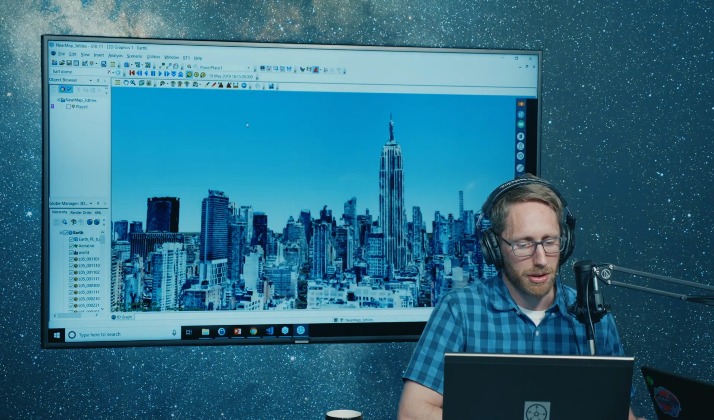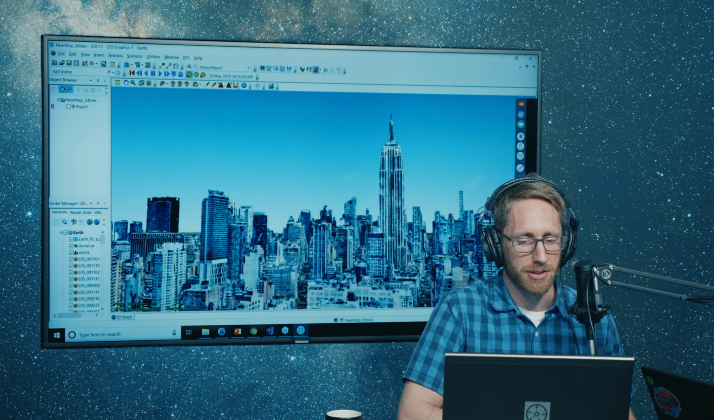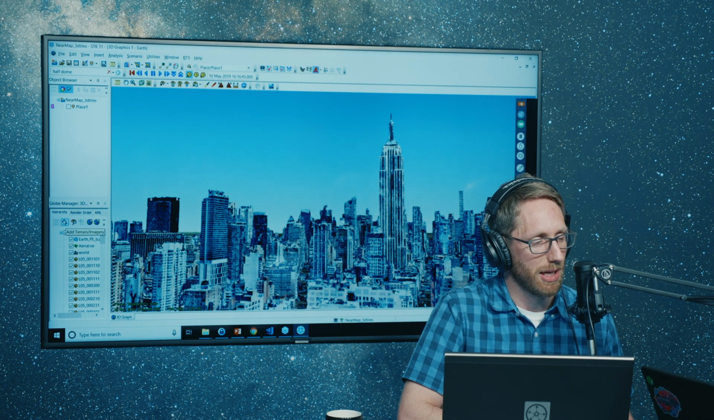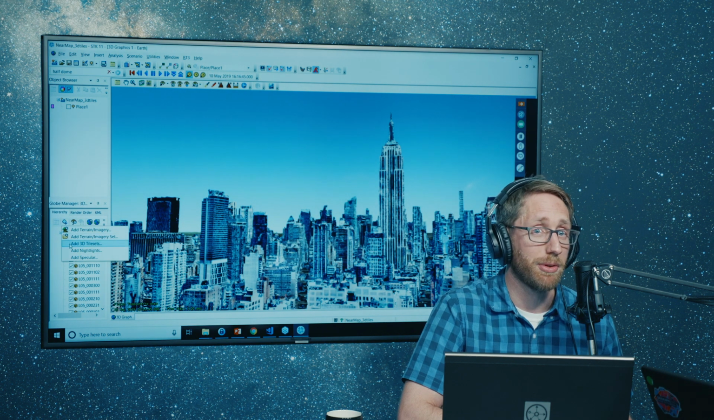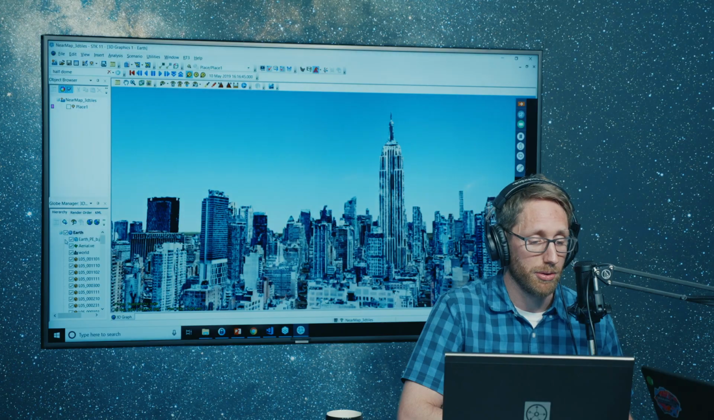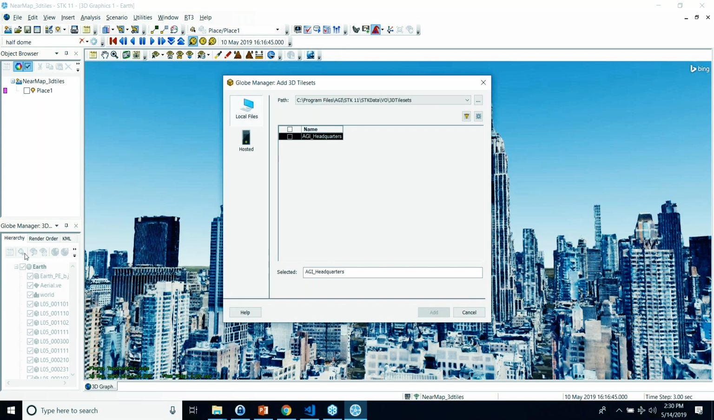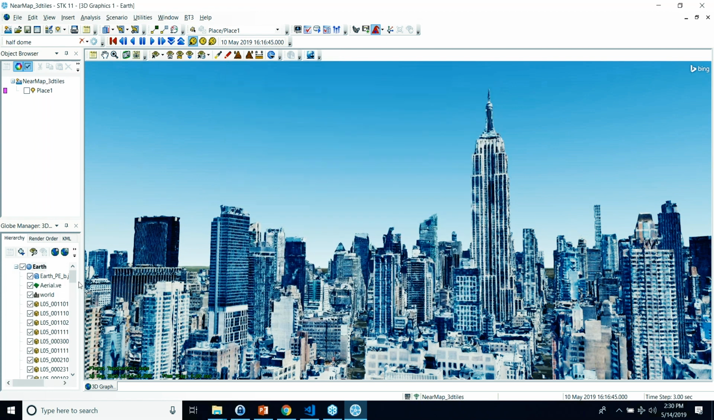So the other thing that I did want to mention here, let's just pause here. So to add a 3D tile set, in STK 11.6 we have it integrated into the Globe Manager, and if you want to play around with this with 11.6 right now, you can actually click on the plus button, add 3D tile sets, and installed we include a sample 3D tile set. So this is the AGI headquarters, and we can just add that right here. Yeah, we ship that just as sort of an example of what 3D tiles is and what you can do